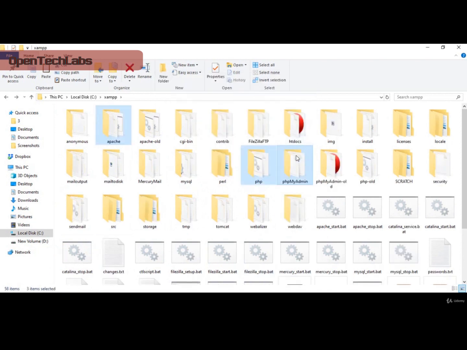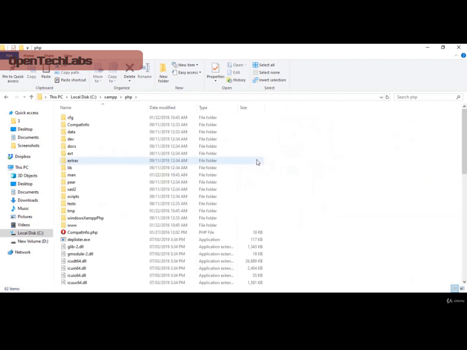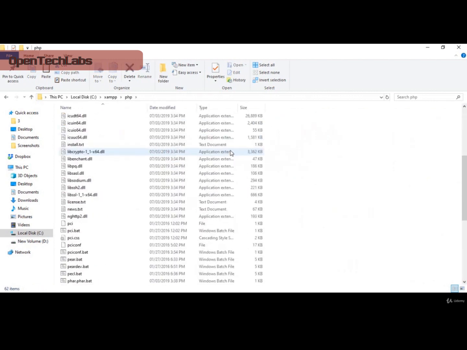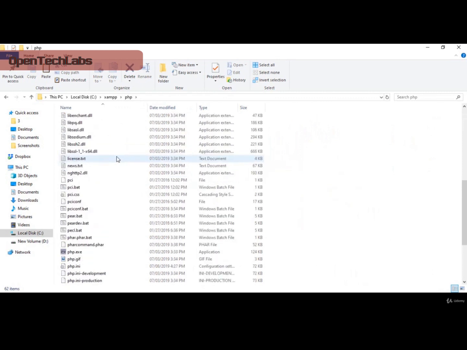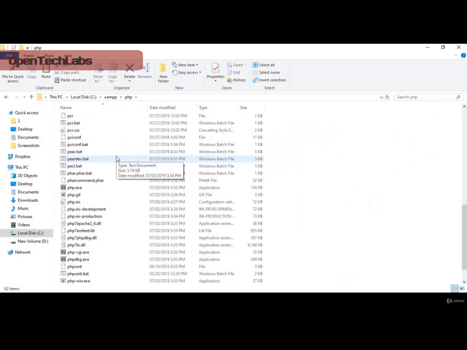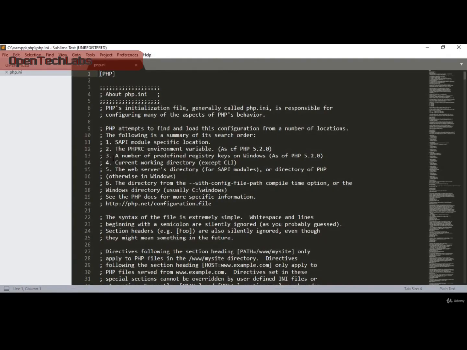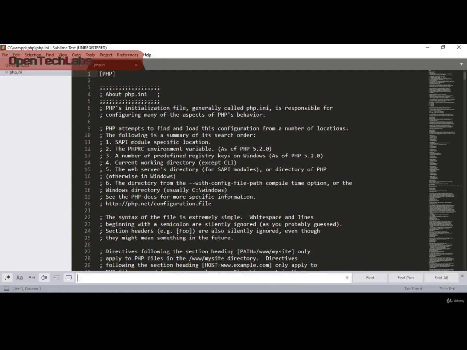Our three folders are pasted successfully in our XAMPP folder. There is our Apache folder, the PHP folder, and the phpMyAdmin folder. Now we have to open our PHP folder, and in the PHP folder there is a file, php.ini. Now I open it with the Sublime text editor, and in this file you have to update some paths. If you click on search and type XAMPP,